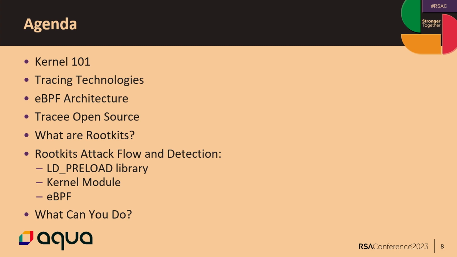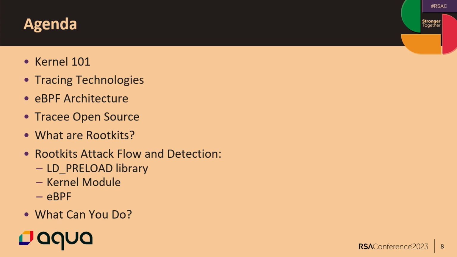And then we're going to look at each one of the rootkits that we're going to talk about, and we're going to talk about their attack flows. We're going to break them apart, and then talk about how eBPF helps us to detect those things. But first, a quick intro to our playground. Asaf. Thank you. OK, so let's first look at what we're talking about.